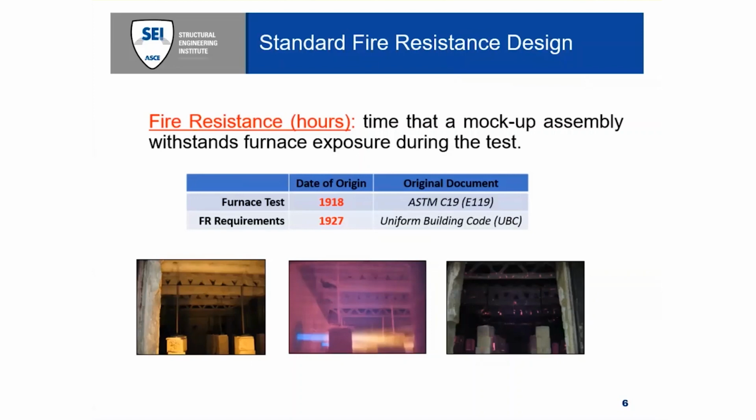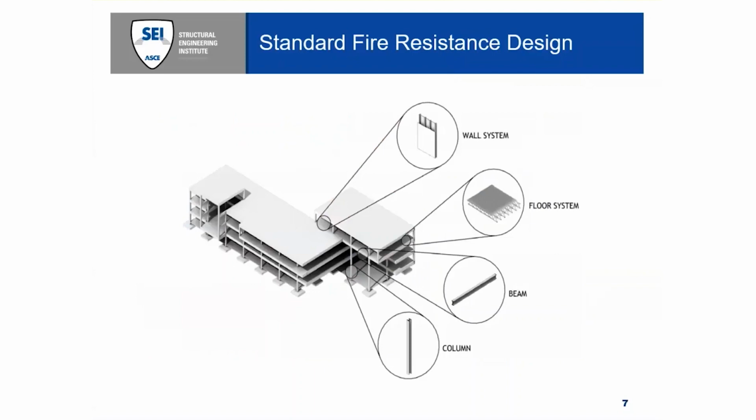The furnace test method essentially decomposes a structural system into individual components. These components are tested independently without any interconnectivity or interaction with each other, and structural connections are excluded. So, as a viewer of this, a structural engineer, you're probably scratching your head thinking, how do you get load to ground if you're just looking at things in isolation? And we'll get into that.